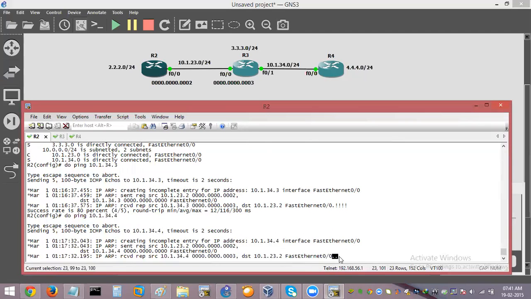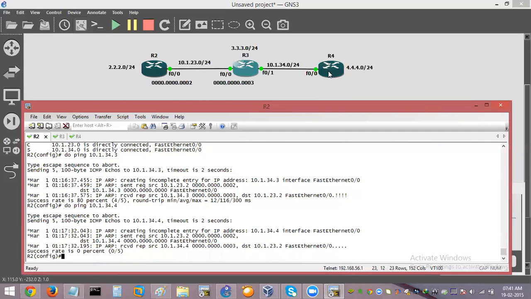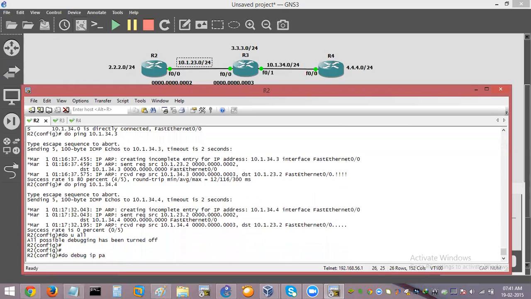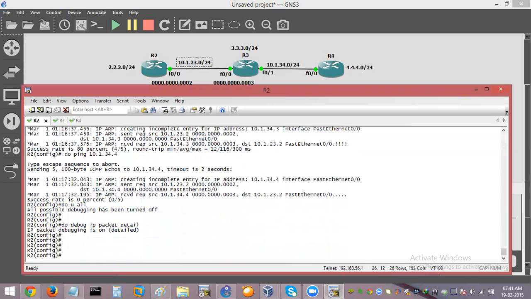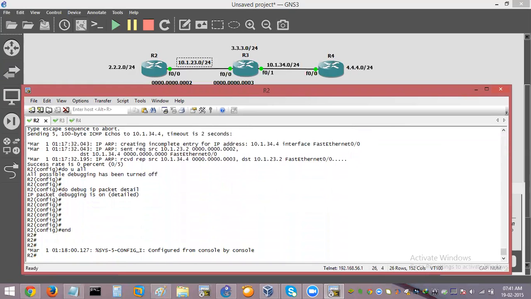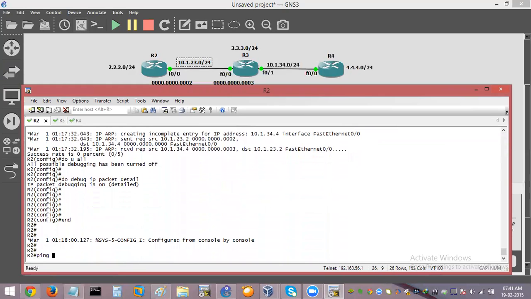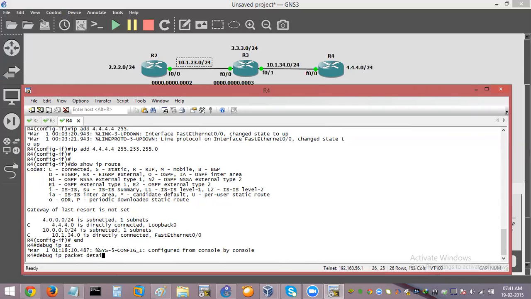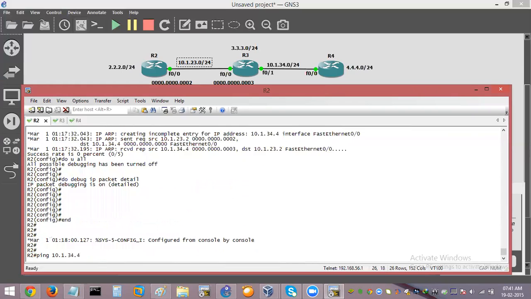You can see I'm getting dots. Why? Because this packet is going to R4, and does R4 know how to reach back to 10.1.23.0? Okay, let me show this with the debug. If you say debug ip packet detail, debugs are really good to use because they give you very good detail about what you're doing on the screen. So here, if you check 10.1.34.4, and if I go to R4 also and enable the same debug for the packets to see what is happening with the IP packets, if I hit enter,